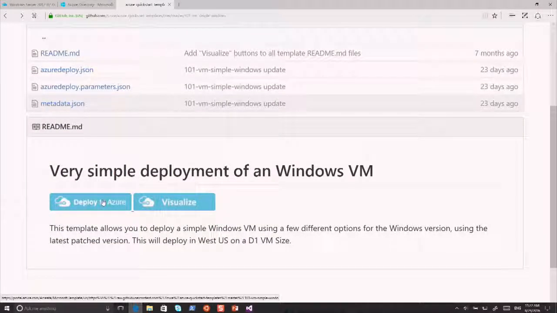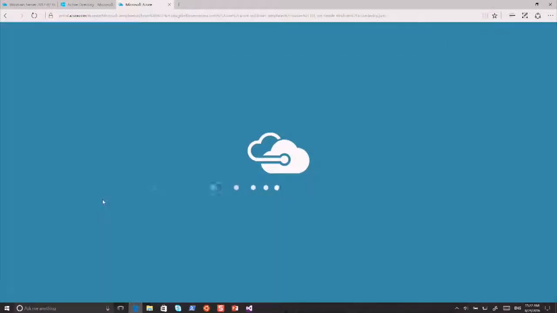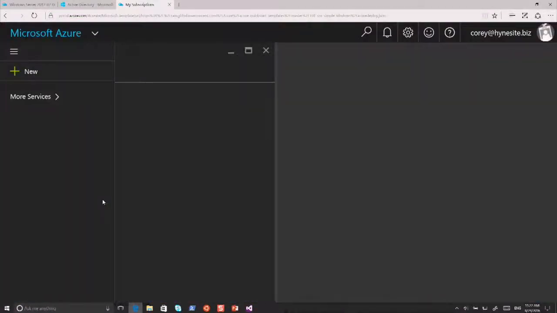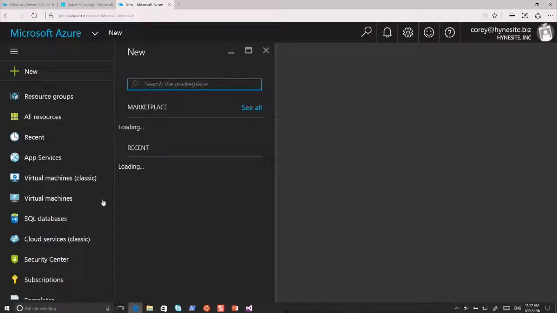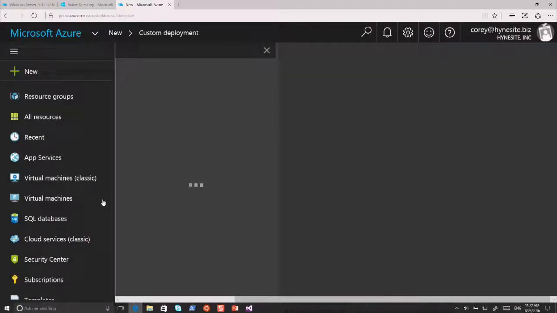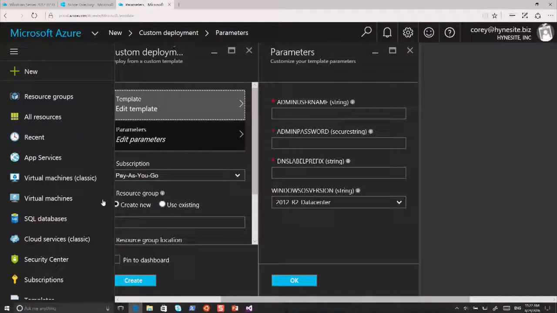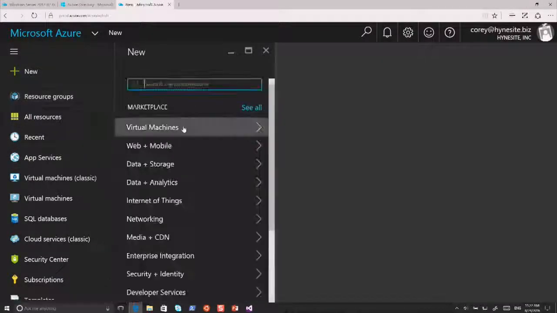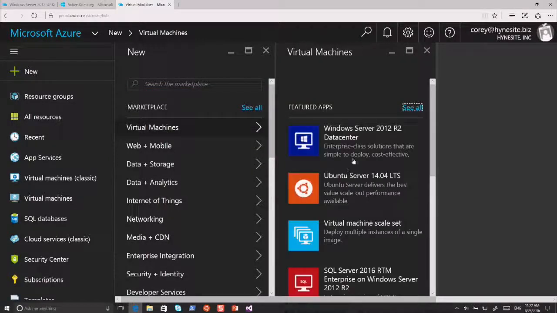They give you a button which says Deploy to Azure. You click on it, and Azure will prompt you for a couple of bits of information, those parameters, and then proceed to use that template to deploy a Windows virtual machine up on Azure. This one asks for a username and a password, and based on that, you'll get a copy of Windows 2012 R2 Datacenter. Now you might think, okay, that's nice, but can't I just click New and go to a virtual machine, and won't that achieve the same thing? And the answer is, in this particular example, you're absolutely right. However,